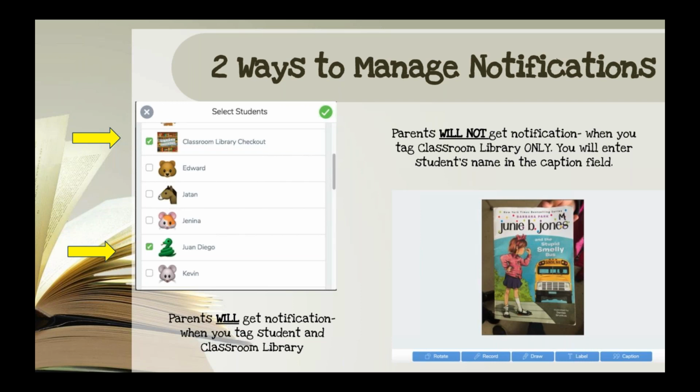Don't want a notification? That is when you just tag the classroom library only. So it's like the classroom library is checking out a book to itself. You'll enter the student's name in the caption field and don't tag anyone else in it. So now there's no parent connected to the classroom library checkout, so you don't have to worry about anyone getting a notification about that. And then the name in the caption is for you so that you know who's checked